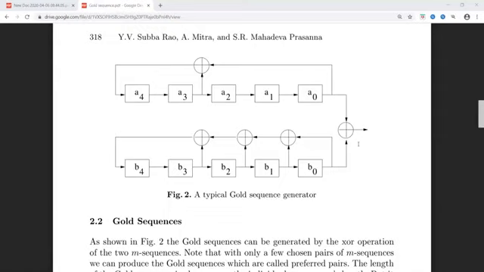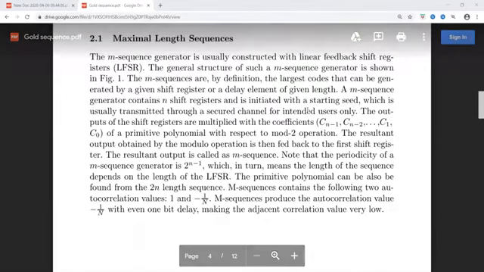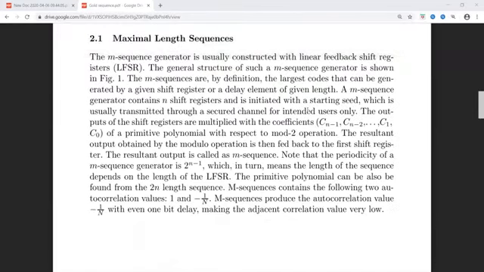Now coming to primitive polynomial. I used this word when I explained the M sequence. A primitive polynomial means you consider a polynomial, for example, y of x equals a0 plus a1 x plus a2 x power 2 and so on up to an x to the power of n. Now when you take the coefficients and find their greatest common divisor, or HCF, if the HCF of those coefficients of this polynomial is equal to 1, then we say the polynomial is primitive.